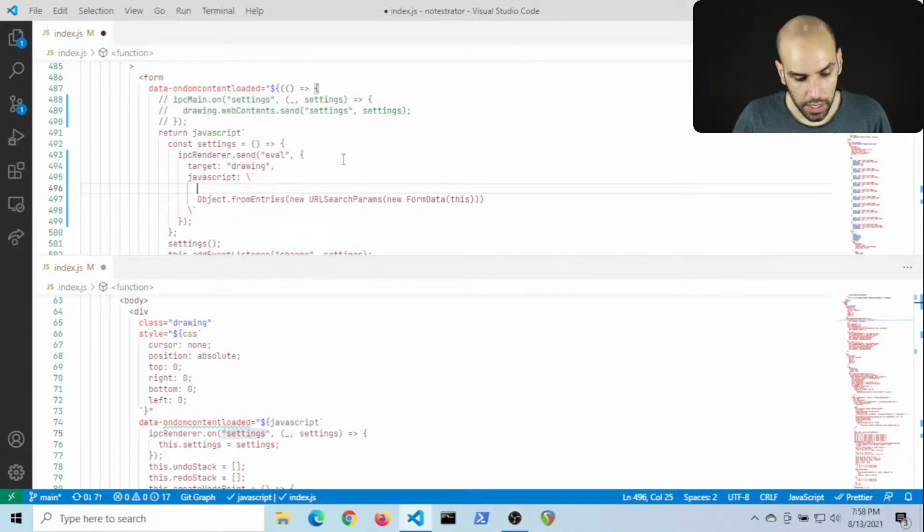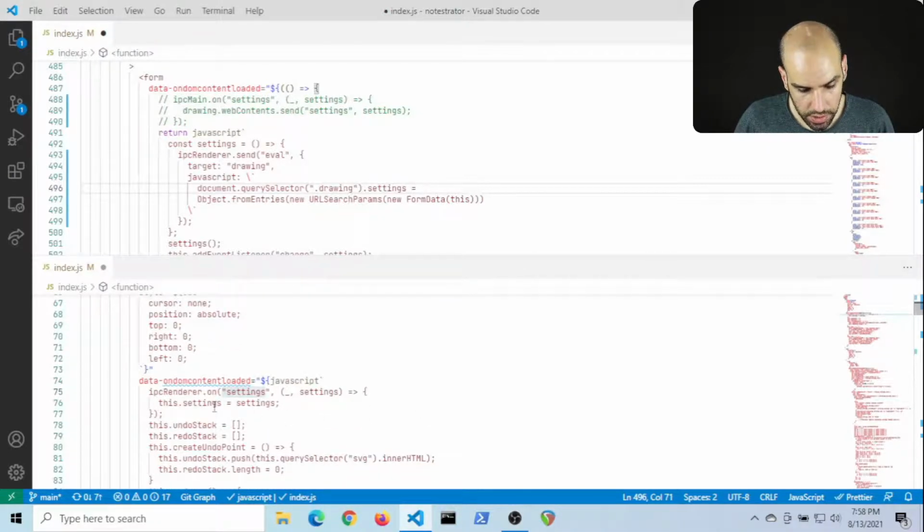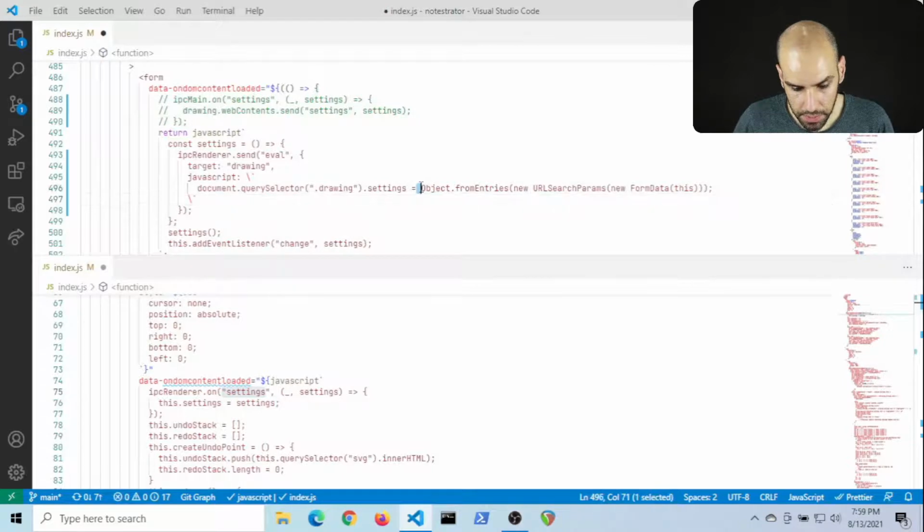So in there, I can say document query selector of my drawing. And then that has a settings attribute that I can set to this, except that I need to interpolate.